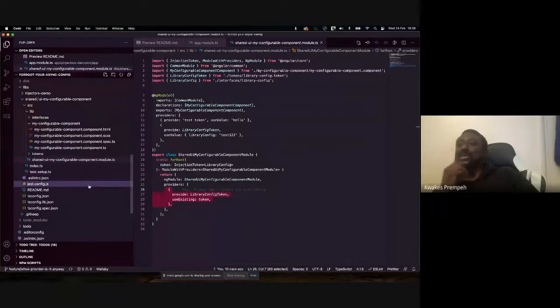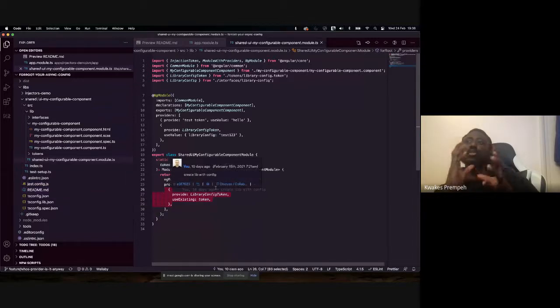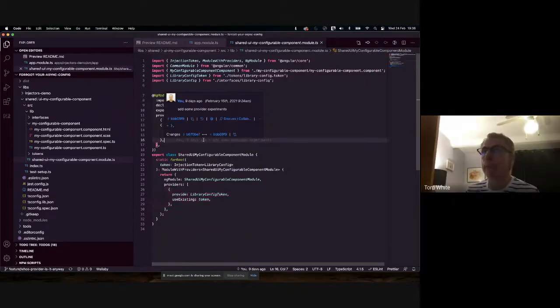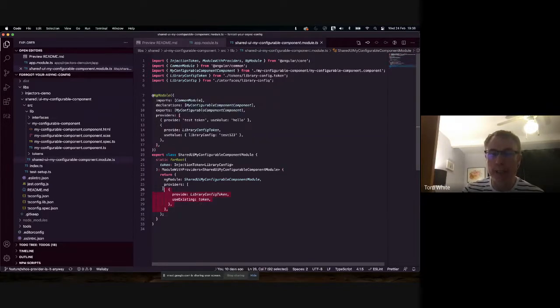However, sorry, Tom, I've got a question. I've seen the forRoot a lot of places, but I've also seen forChild. So when would be the scenarios that you use forChild and not forRoot? Yeah, well, it's a good point. So for forChild, you can make it have a different behavior and be dependent on the providers that you've created in your forRoot